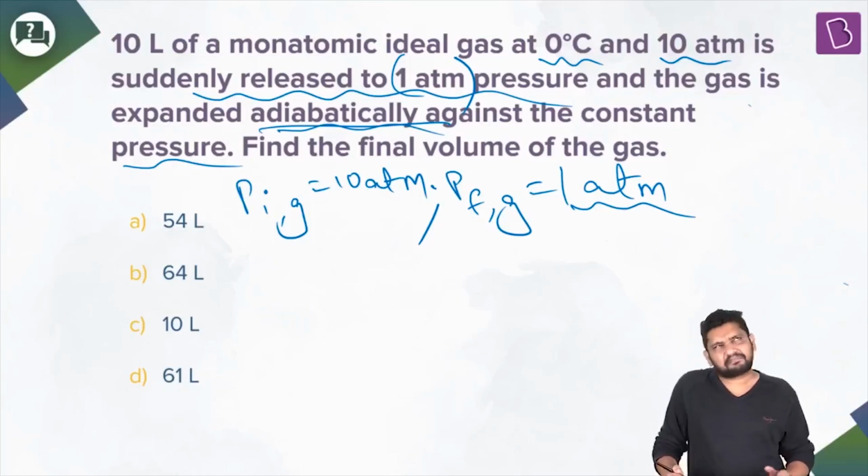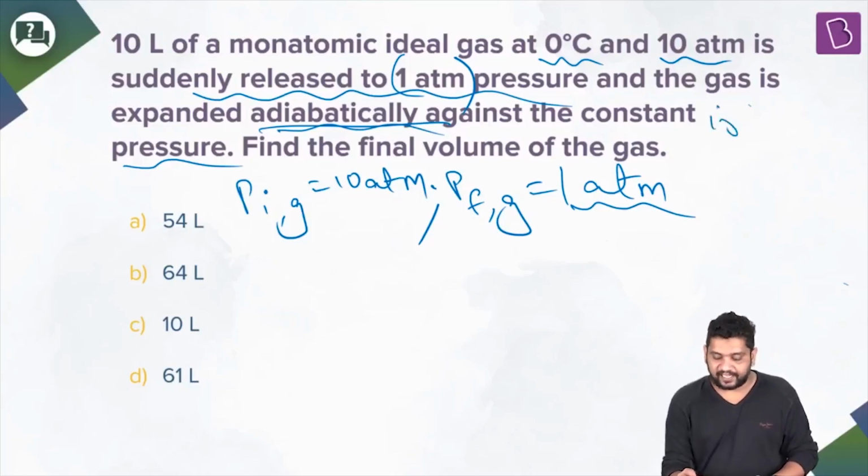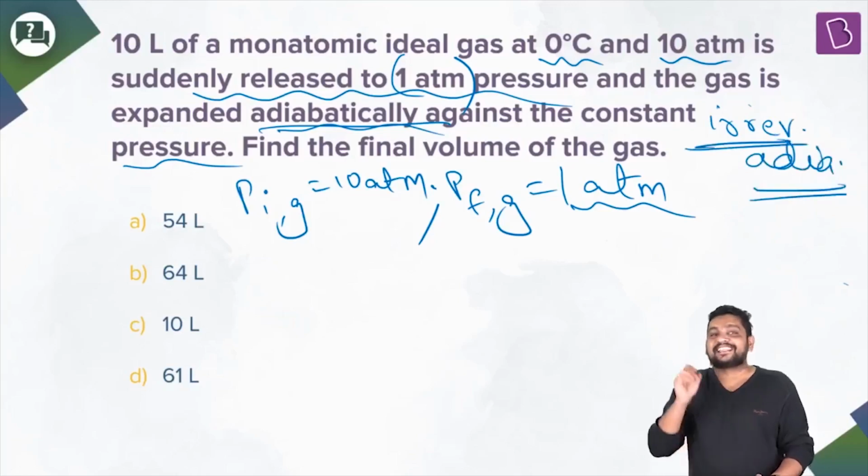We don't speak of reversible there. But yeah, point is that as long as P external is a fixed constant value, we say that we have an irreversible process. What we have is basically irreversible adiabatic. This is the way to do it. Be very careful how to do it. This is the method, right?